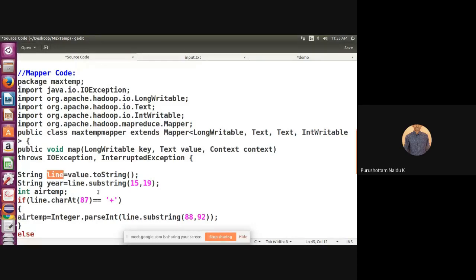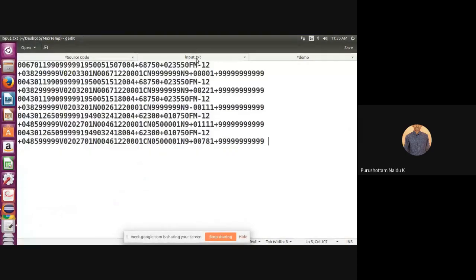In each and every line, the character positions are numbered 0, 1, 2, 3, up to 15, and from 15 to 18 we have the year in each line.